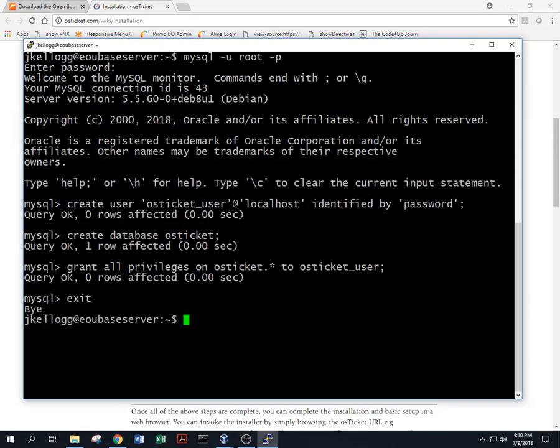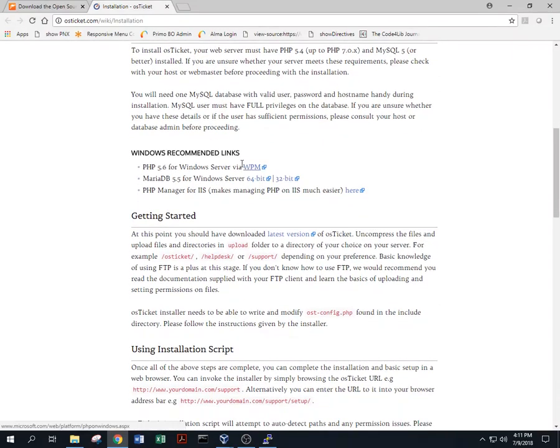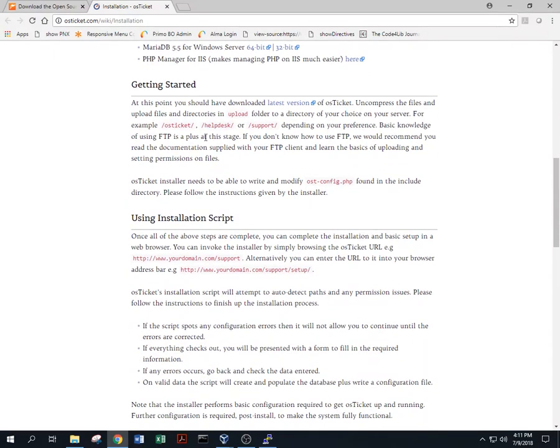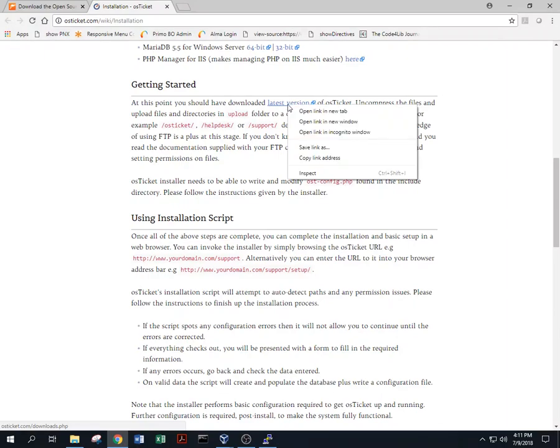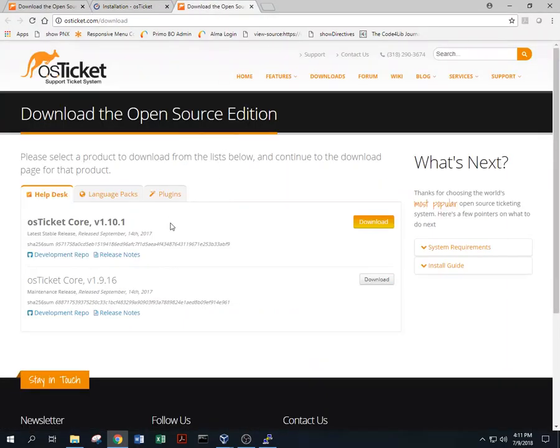So now we'll go back to the website. We have created our MySQL database and we've granted full privileges on that database to our osTicket user. We're not using Windows, so we don't need to worry about that. So at this point, you should have downloaded the latest version of osTicket, and you can get the latest version here. What I'm going to do is just open that in a new tab, and then from here we can